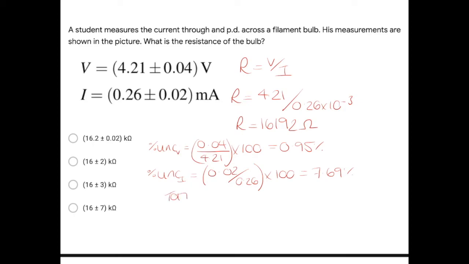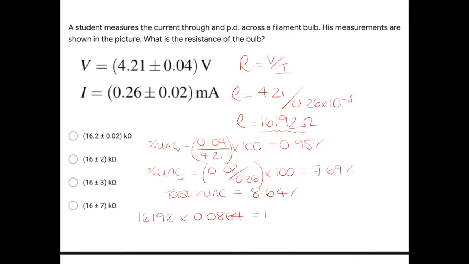So there are our individual percentage uncertainties, and therefore our total percentage uncertainty is the sum of those two, which is 8.64%. Now we have to work out 8.64% of our actual value for R. So we take our 16192 and multiply it by 0.0864, and that gives us a value of